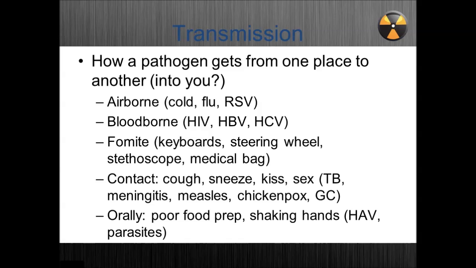It can happen airborne, and a good example is RSV in little kids or colds. It can happen by transmission by blood, and that one's a common one. You all know about that. So you're wearing BSI, you're wearing gloves, so we're a little more careful about that. But another place that you can get infected from is a fomite. A fomite is just a medical term for some object that's a temporary holding place, like your stethoscope or the handle on one of your bags.